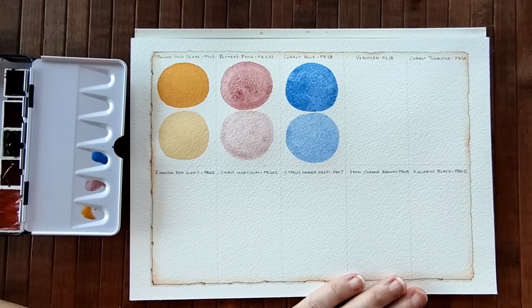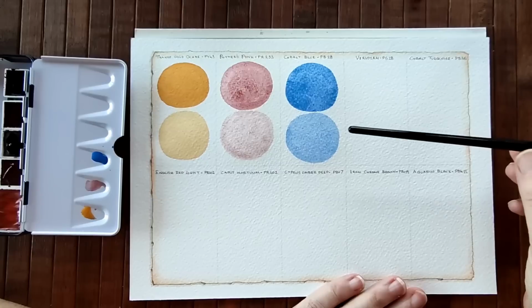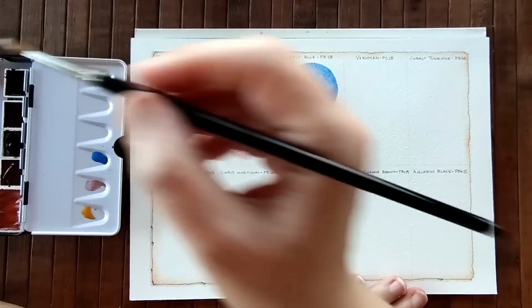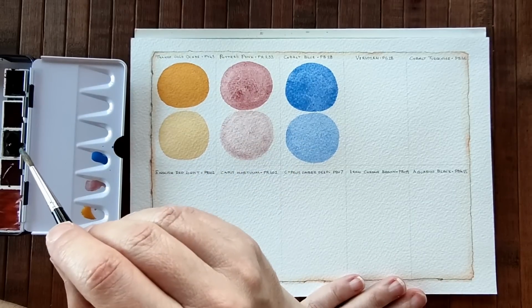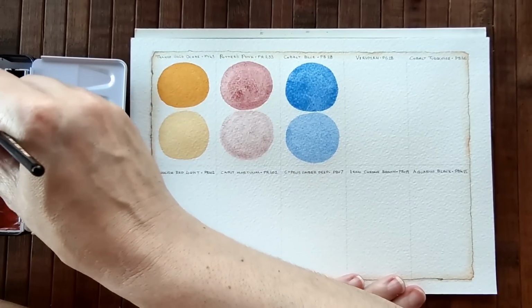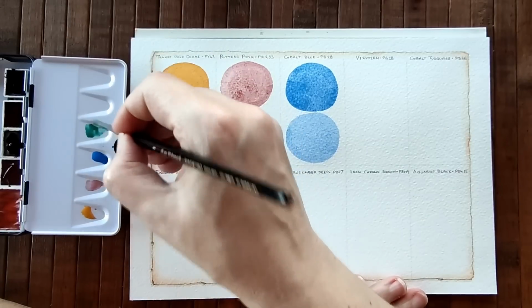Okay, so that cobalt is beautiful. That is lovely. Oh, next we have Viridian. Now, Viridian is a colour that I so want to love working with. And I keep hoping that I haven't found the right Viridian for me yet. I love Viridian, but I think